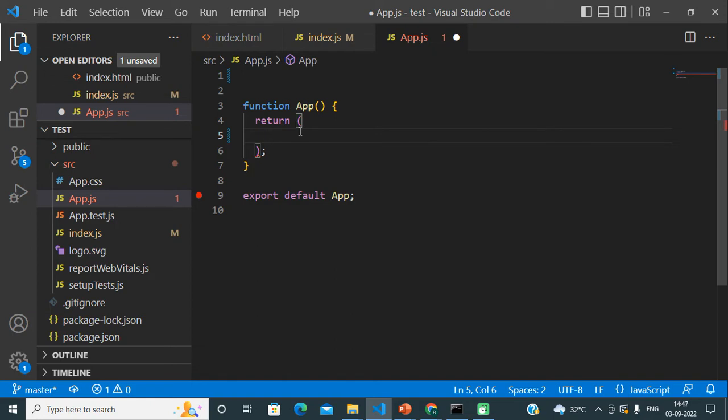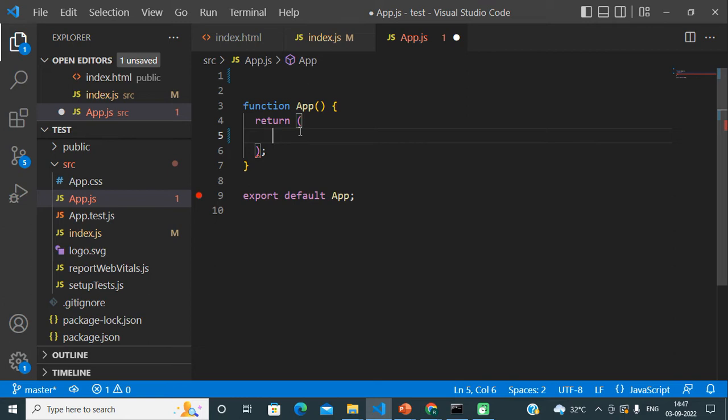From that JavaScript function we basically return JSX, meaning normal HTML. And at the end of the file we just export that function, so that any other file which is going to call or render this component can import it in that file. Okay, so this is just a normal component.